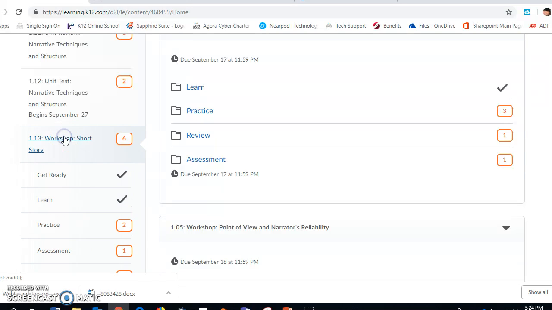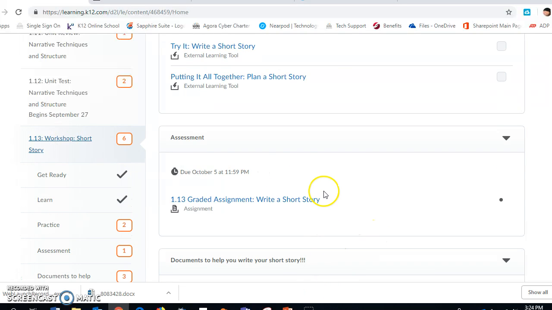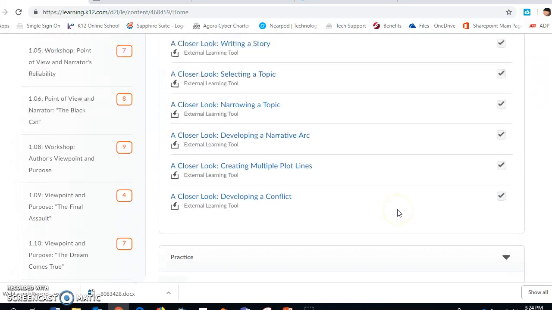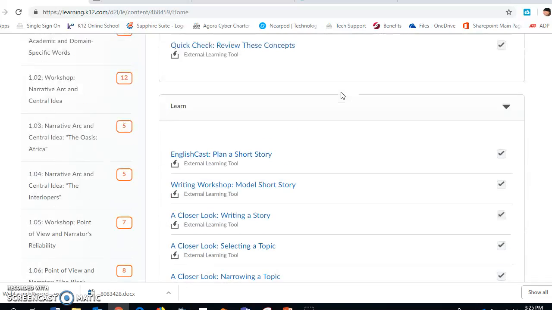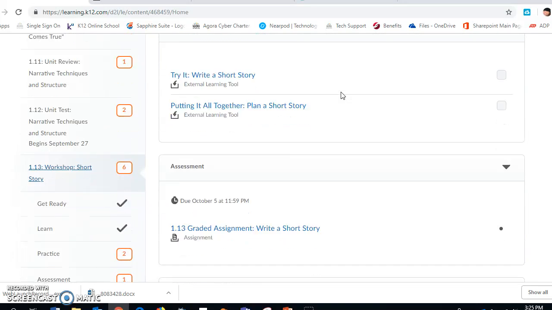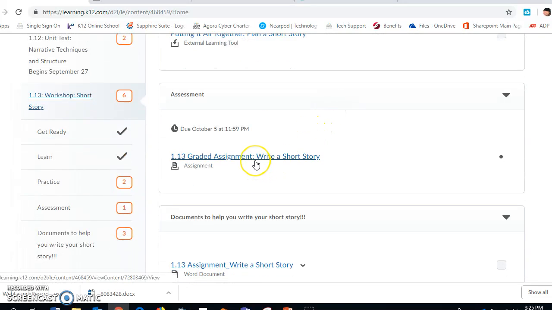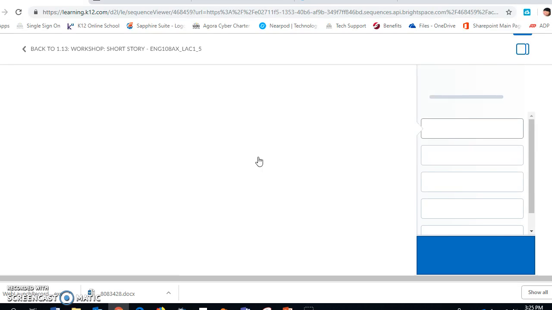If you click on that, you will be able to see under the Assessments tab, look up here, I am in 1.13 Workshop Short Story. I have pushed this file out to you. It is also attached to the email that I have sent you as well. If you scroll down here, you're going to see Assessment, 1.13 Graded Assignment. If you click on 1.13 Graded Assignment, Short Story,